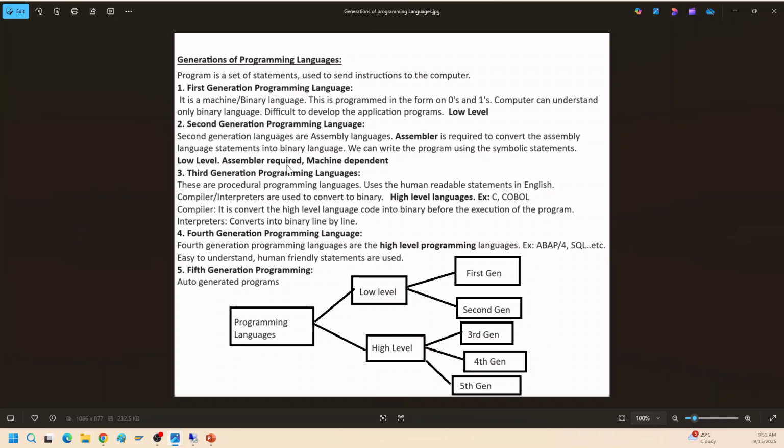Assembler is mandatory, and it is not compatible for all systems. It is dependent on specific computers. It's not going to work on all computers. Okay, and assembler is required to execute the